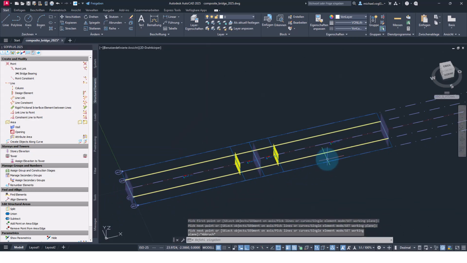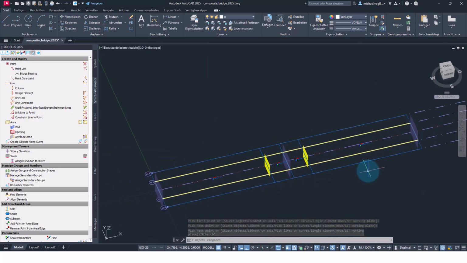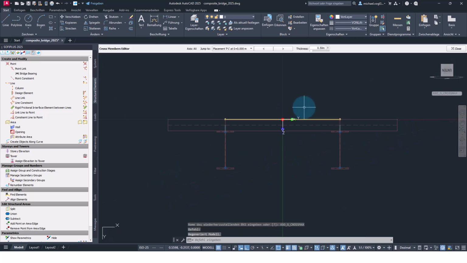Okay, fine. Then, as next step, we want to create the bridge bearings. For this purpose, we go to the cross members editor by double-clicking on placement. Now, as you can see in the cross members editor, we already have displayed the bridge cross section.